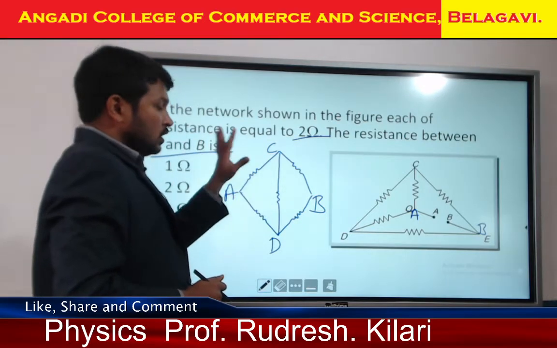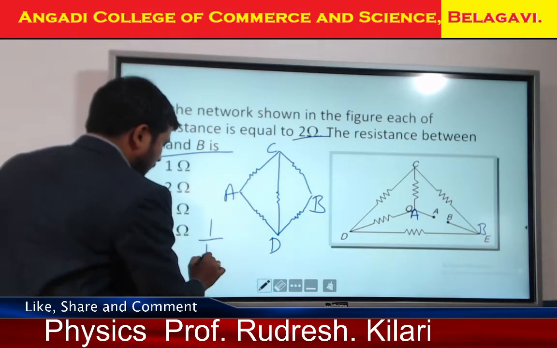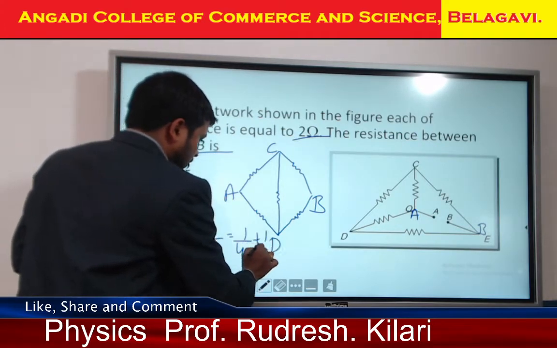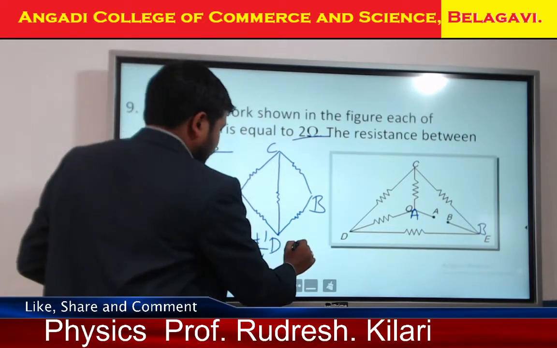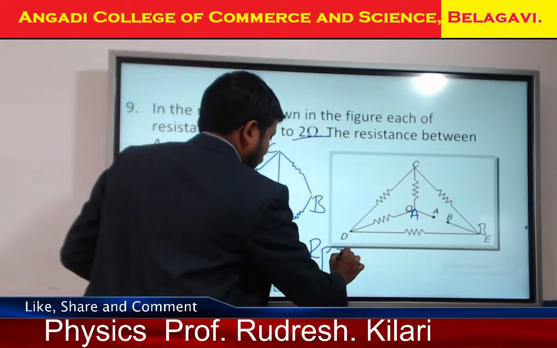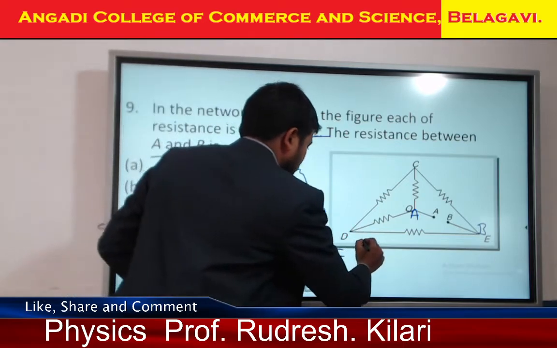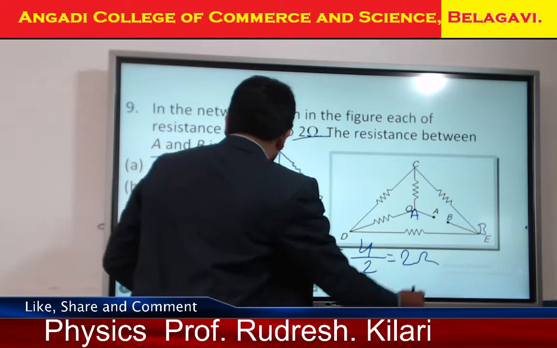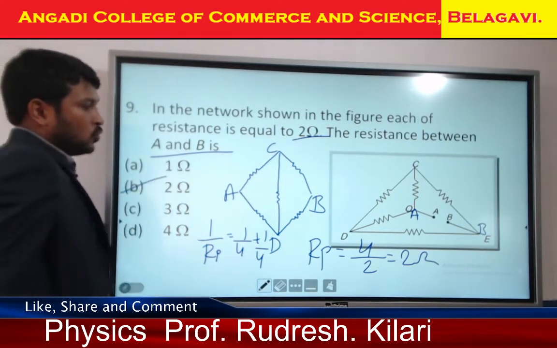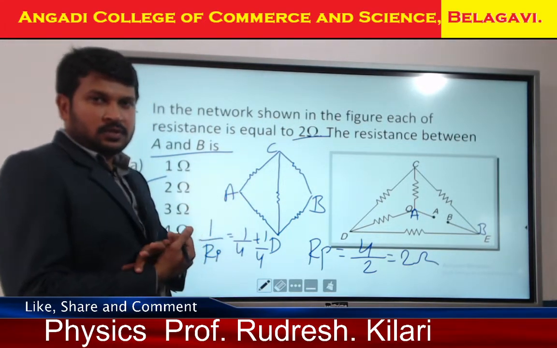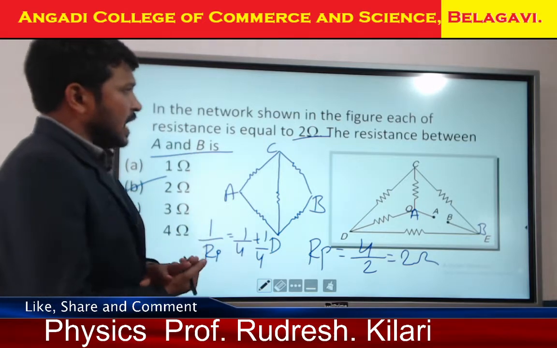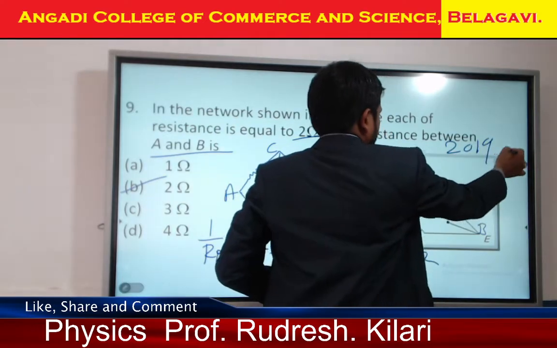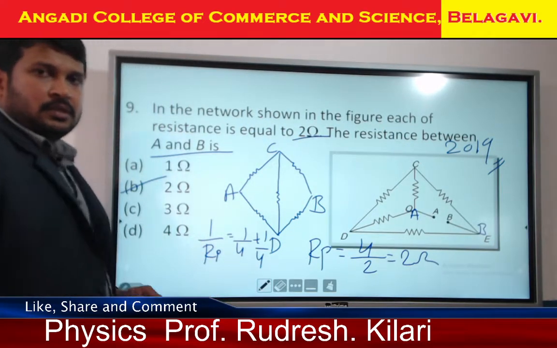Again how are these two connected? This will be parallel. That is 1 by Rp equals 1 by 4 plus 1 by 4. Okay. What is the LCM? Now Rp equals 4 divided by 2. How much is the ohm here? 2. The answer is 2. Okay. Simplest circuit. This question was asked in Karnataka State CET, 2019. Okay, remember.